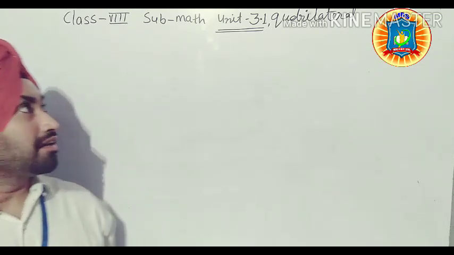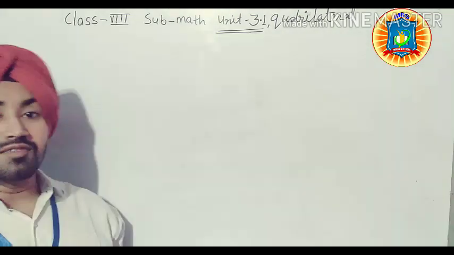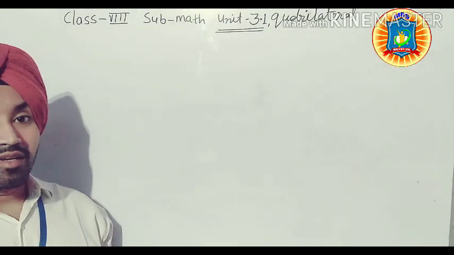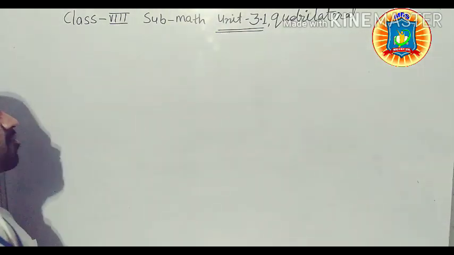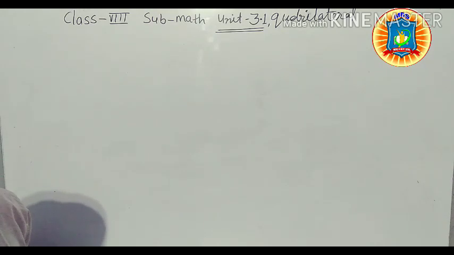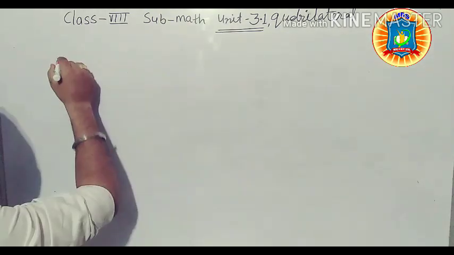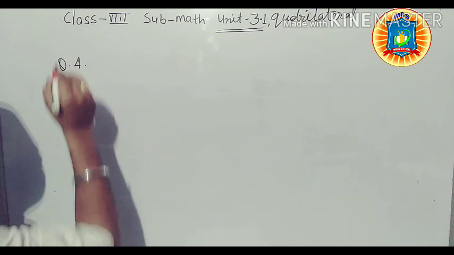Today, we are learning about understanding quadrilaterals, which is chapter 3.1. Let's start to do it. The question number 4 is